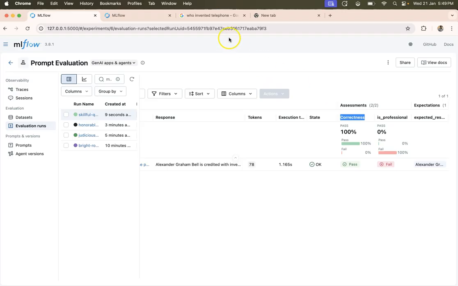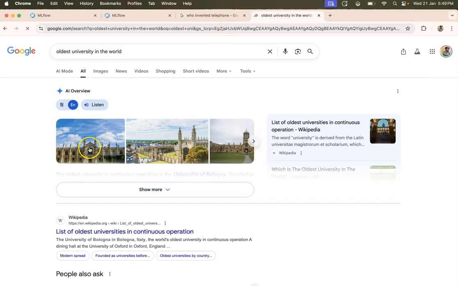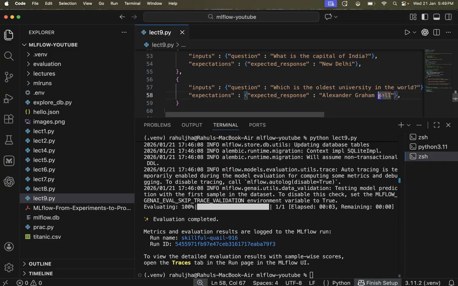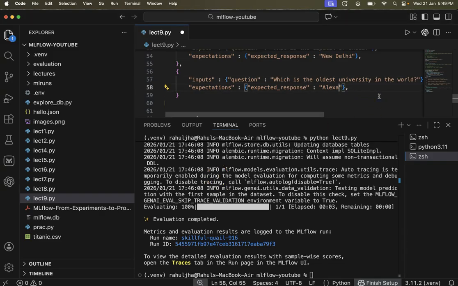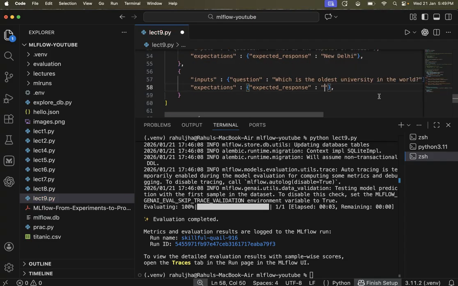Let's search for the oldest university in the world, and let's write that down. University of Bologna. Okay, let's write it down as the expected response.